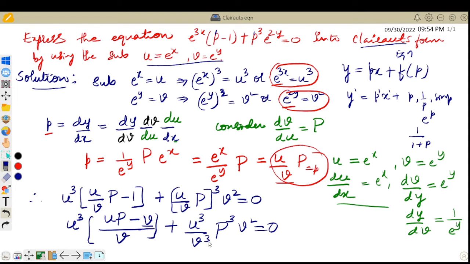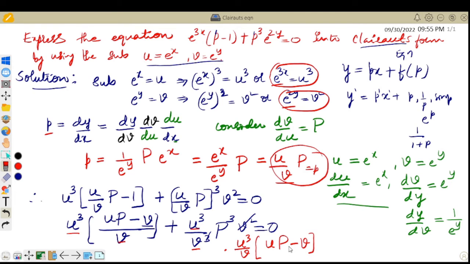So you try to understand here, v square and one v square get cancelled. Also, further you can observe what is common in these two terms. So u cube is common, u cube is present in both the terms, and also v. Here v square gets cancelled, and there is one more v left here. So u cube by v you can take common, and observe what will be left. I am writing here itself. U cube divided by v you can take common. You will get u into capital P minus v